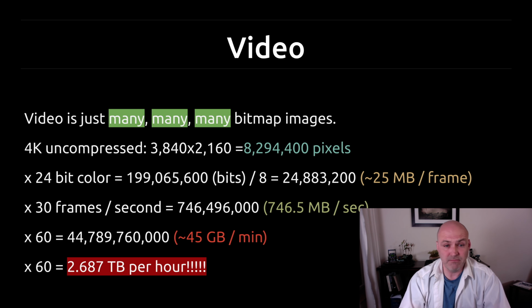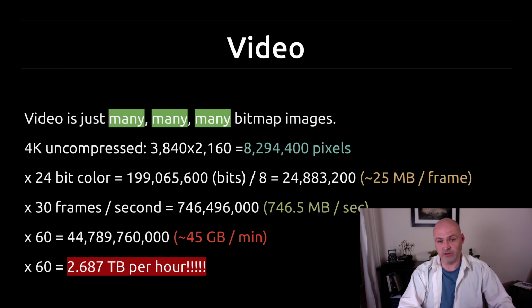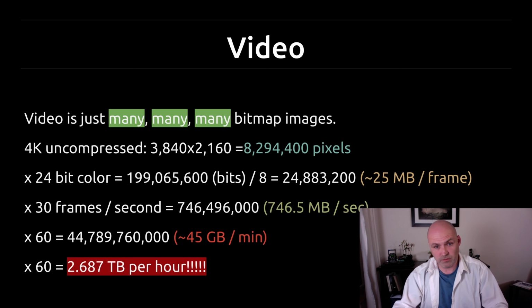Video is just many, many, many bitmap images. So we basically take a bitmap image and then we say how many frames do you want to show per second, and we collect that many per second, and then we multiply that by minute and hour and so on. And just to get a feel for just how crazy this can get,